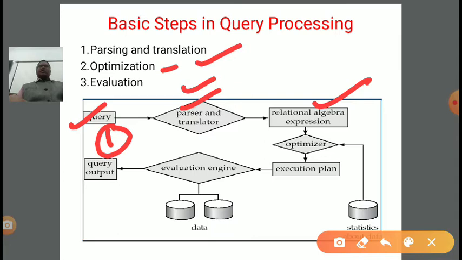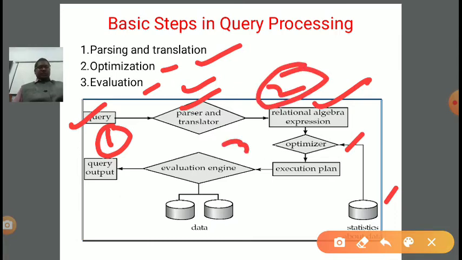And the second step is optimization. To perform the optimization, we have the optimizer. For parsing, parser, and for optimization, optimizer, right? Once the optimizer does its task on the query, the query will go on to evaluation for the final evaluating and execution process. The optimization can also pick some information from the statistics, right? And after the optimization, the execution plan is ready, and it will go to the evaluation engine. So this is the second step, and this is the third step.